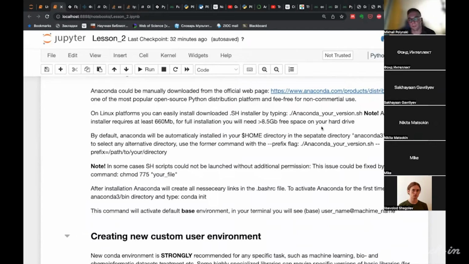Here I have some guide. This step-by-step guide is written for Linux and Mac users. However, I suppose that many commands should be easily executed on the Windows platform.